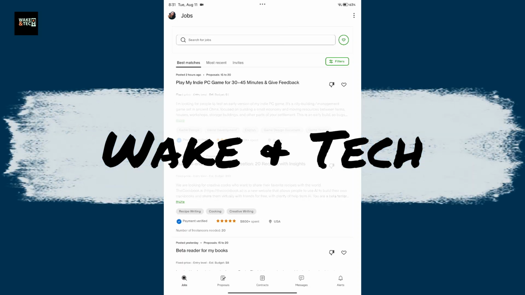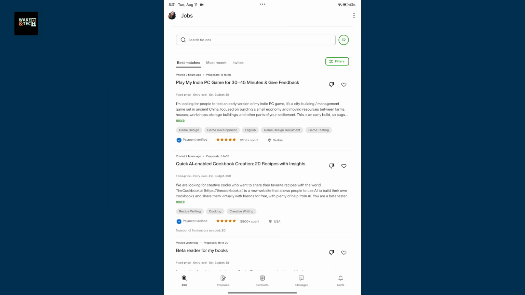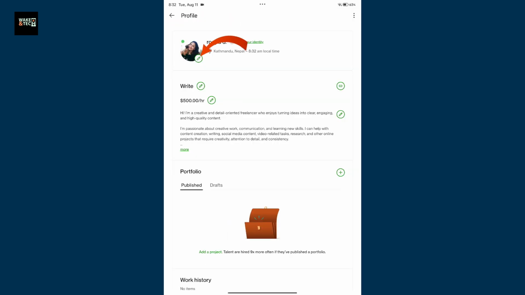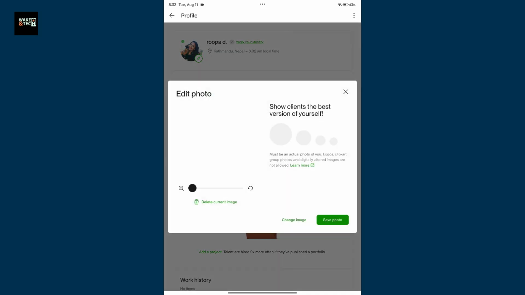If you're setting up your Upwork profile and want to add a profile photo, firstly open up the Upwork application on your device and sign in. Once you're logged in, go ahead and tap on your profile photo at the top left corner. Now click on Profile. Click on the pencil button right underneath your profile avatar or the current photo, and then